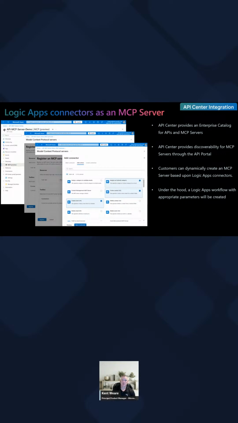Sometimes people ask, why don't you just take all of the connectors and make them MCP servers? For those of you that have used Power Automate and these connectors, you would probably run into situations quite quickly where this becomes problematic. Think about Dataverse, SharePoint, ServiceNow, Salesforce. These are all entity-driven or table-driven solutions, where you could have a very generic operation like create record. But then a decision has to be made: create record of what?